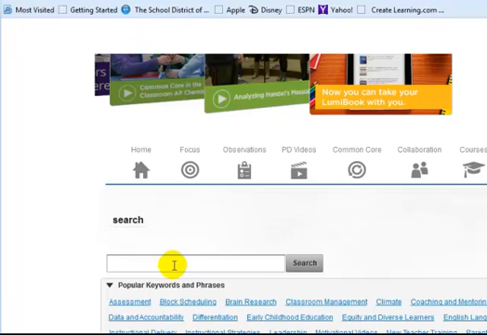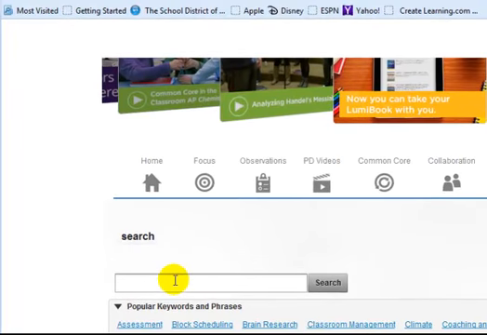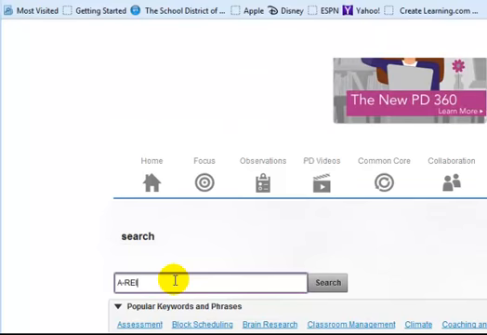Since we are searching PD360 and they identify their standards according to the Common Core State Standards for Math instead of our new Mathematics Florida standards, I will input the letter A for algebra and then a dash, the letters REI, which stand for Reasoning with Equations and Equalities. Now I'll input a dot and the number 5. When I select the search button,